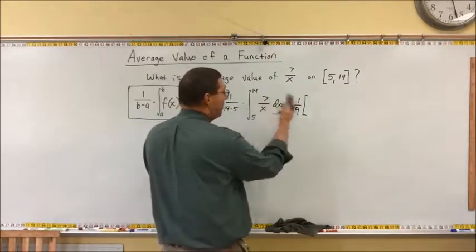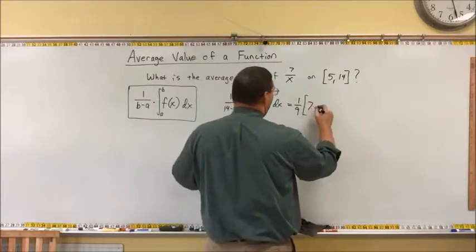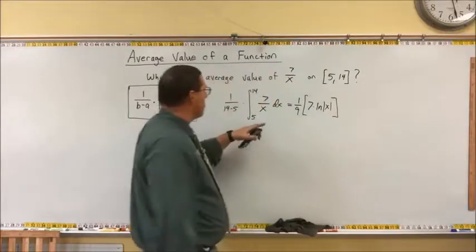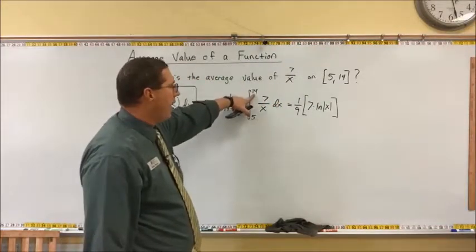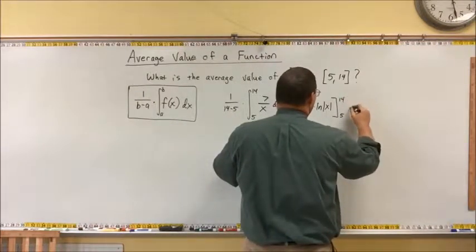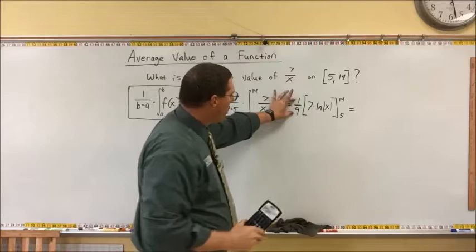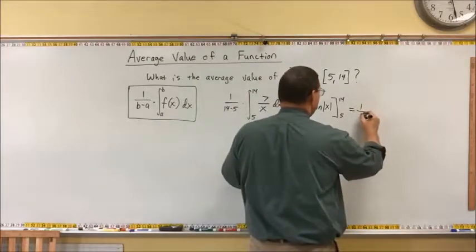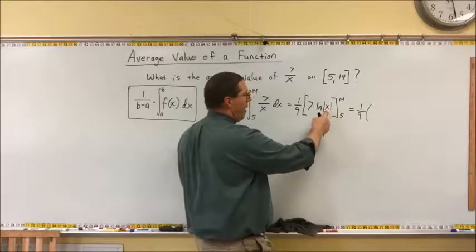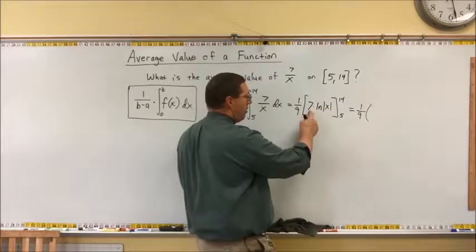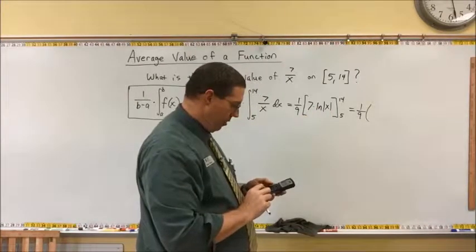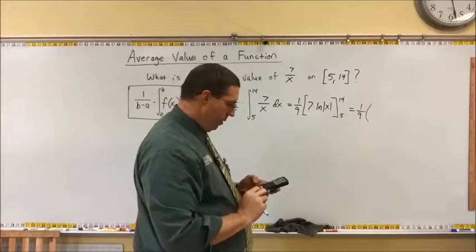So this is going to be 7 times the natural log of the absolute value of x. Now, we don't really need these absolute values because we're plugging in positive 5 up to positive 14. And so now this is going to be equal to, we've got our 1/9 times, I'm going to plug this 14 into the natural log of x and multiply it by 7. So 7 times the natural log of 14 gives me